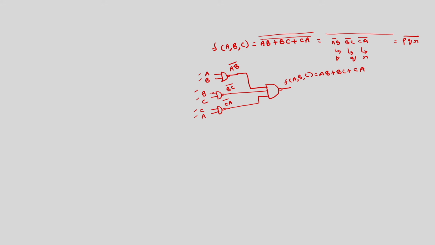Now, we can instantiate the NAND operation. Here, how many NAND gates are there? In total we have 4 NAND gates. If I call these gates 1, 2, 3, 4, and instantiate the NAND operation 4 times, we can obtain the Verilog code of this f of ABC equal to AB plus BC plus CA.